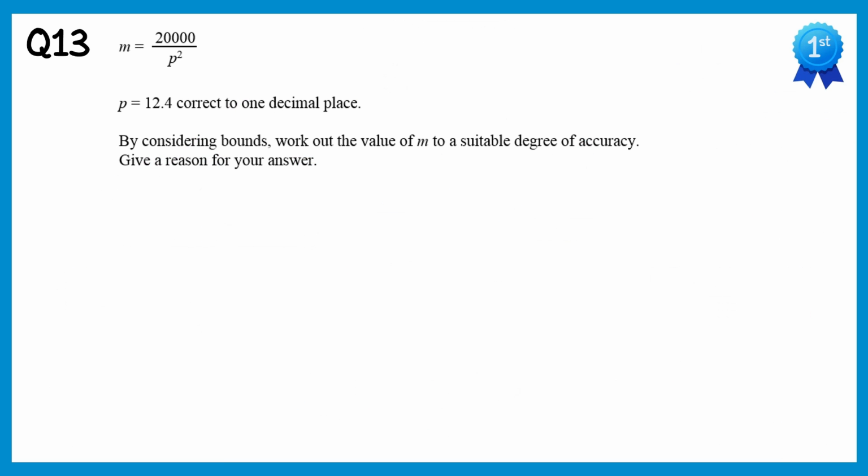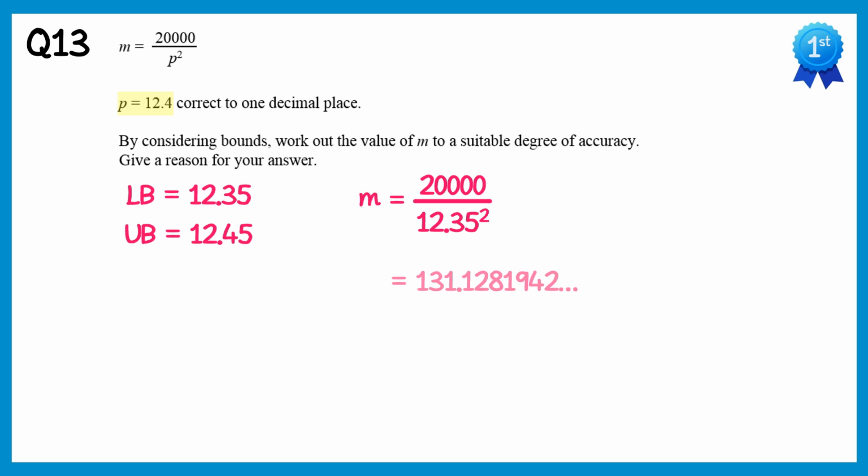In this question, we're told p equals 12.4 to 1 decimal place. This means the lower bound would be 12.35, and the upper bound would be 12.45. We now need to calculate m using the formula we're given, but we'll do it once with the lower bound and once with the upper bound. So m equals 20,000 divided by p squared, and we'll start with the lower bound, so we'll do 12.35 squared, and that gives this number. We'll repeat this calculation using the upper bound, so m equals 20,000 divided by 12.45 squared, and that